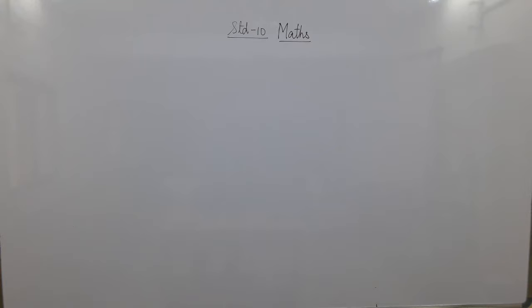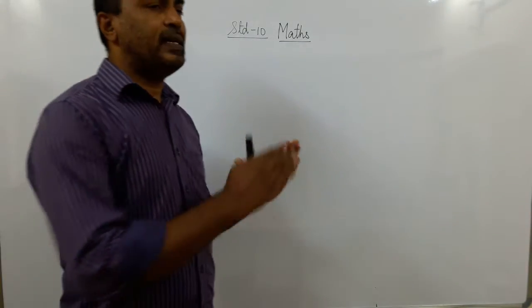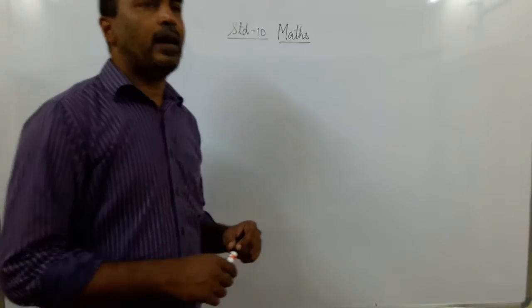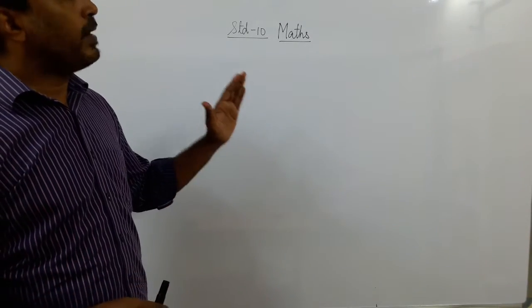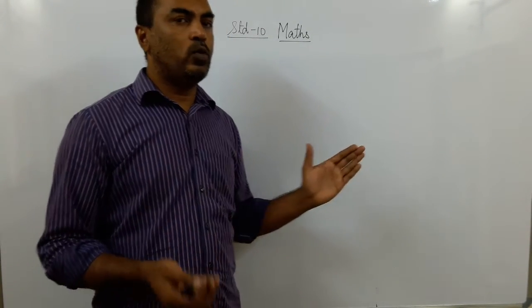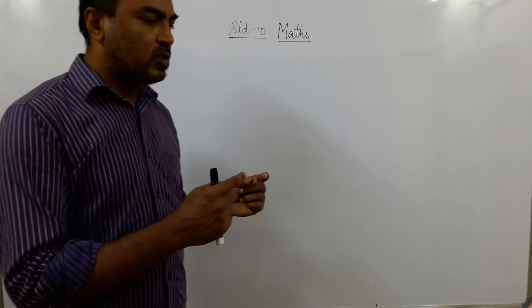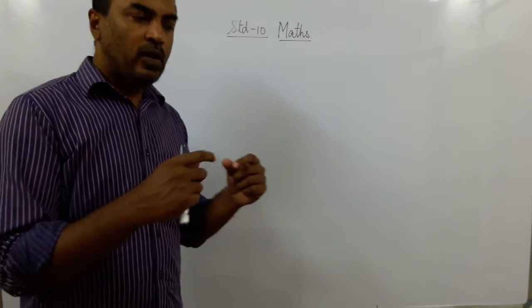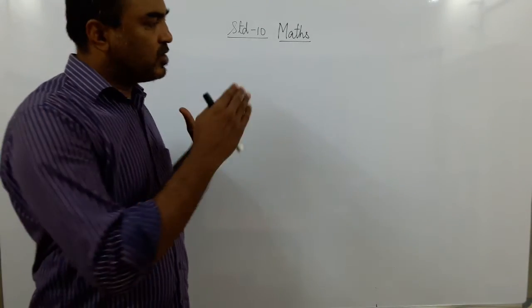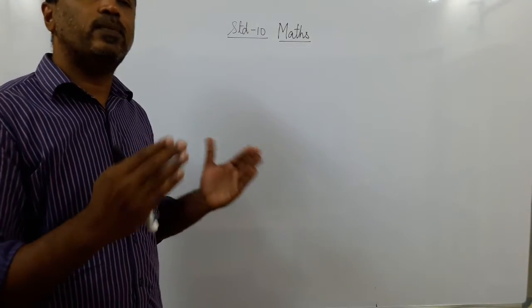So, again, I repeat, what is similar triangles? Two triangles in which the corresponding angles are equal and the corresponding sides are in the same ratio are called similar triangles. So right now we are only working on similarity of triangles, but let me tell you, I talked to you in the very first lecture about the mobile. Any picture, any video, when you zoom you will observe that the shape remains the same. The size changes in the same proportion.